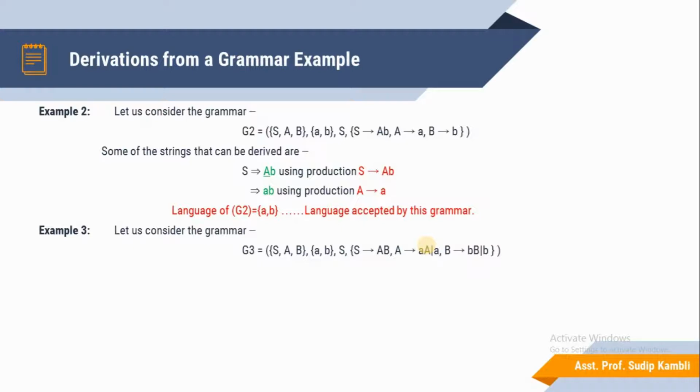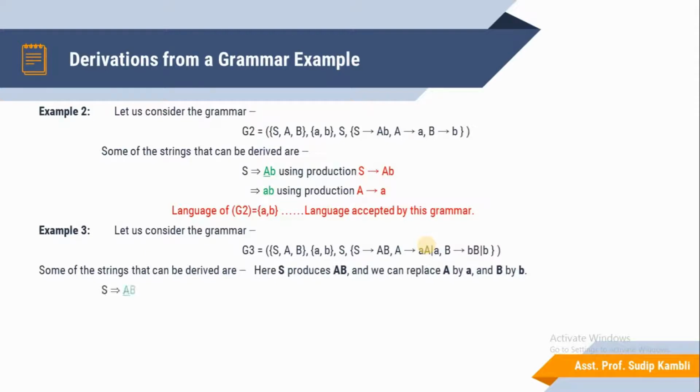Some of the strings that can be derived here: S is produced by AB, and we can replace A by small a, a terminal symbol, and B by small b, a terminal symbol.